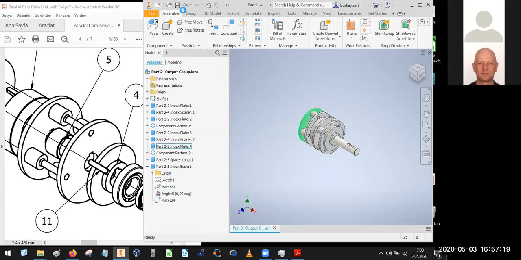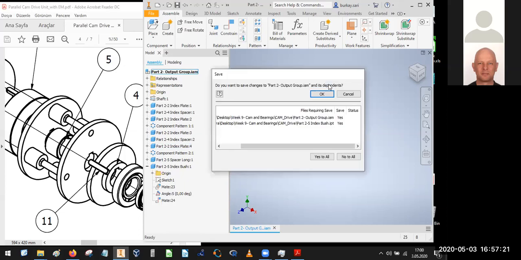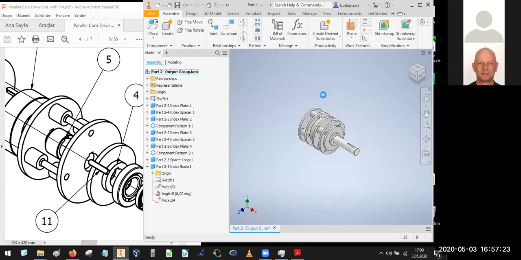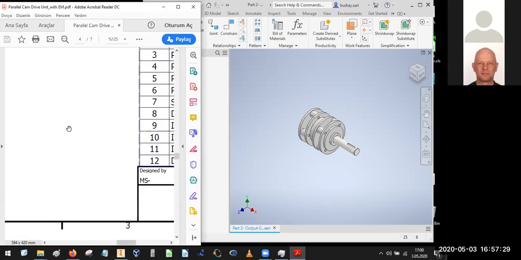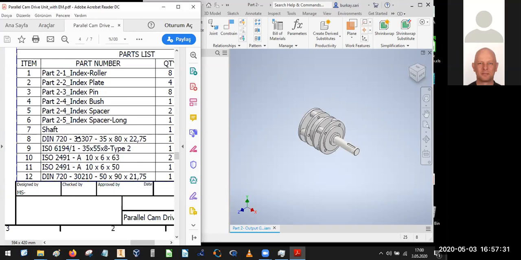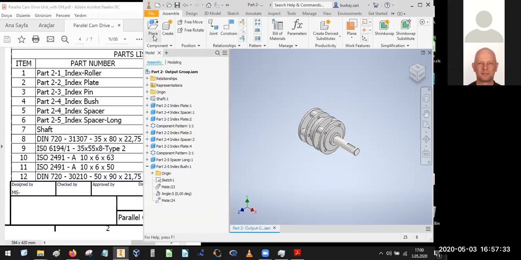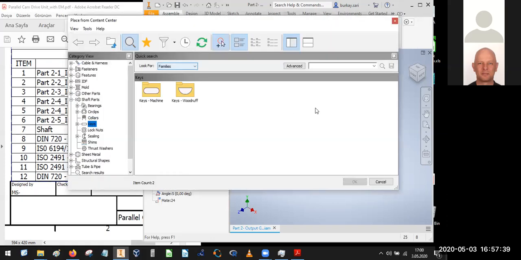Okay, save my part, assembly group. The next, I will just bring the standard parts from the part list. I will search the types here, place from the content center. This time we have